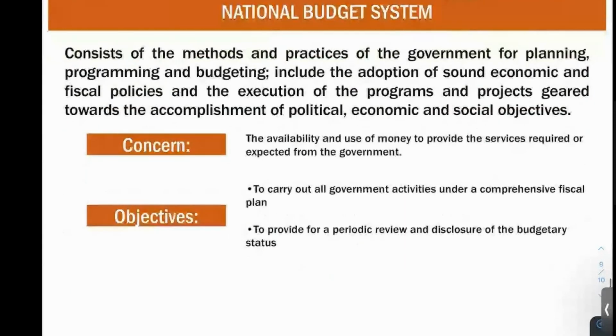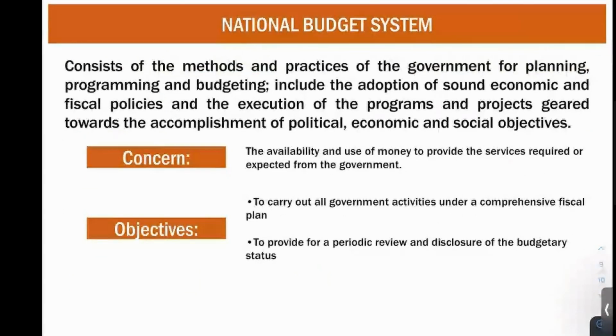Now we talk about your national budget system. So we already know your national budget and budgeting. We go now to your national budget system. So what is our national budget system? It consists of the methods and practices of the government for planning, programming, and budgeting, including the adoption of sound economic and fiscal policies, and the execution of programs and projects geared towards the accomplishment of political, economic, and social